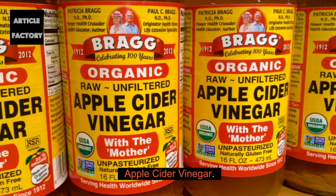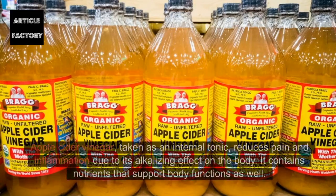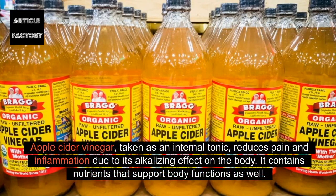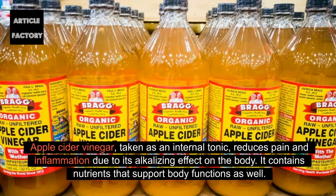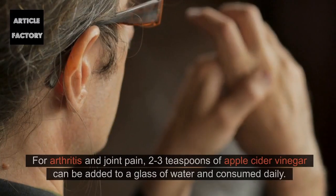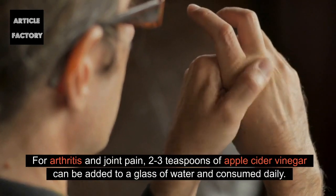Apple cider vinegar. Apple cider vinegar, taken as an internal tonic, reduces pain and inflammation due to its alkalizing effect on the body. It contains nutrients that support body functions as well. For arthritis and joint pain, 2 to 3 teaspoons of apple cider vinegar can be added to a glass of